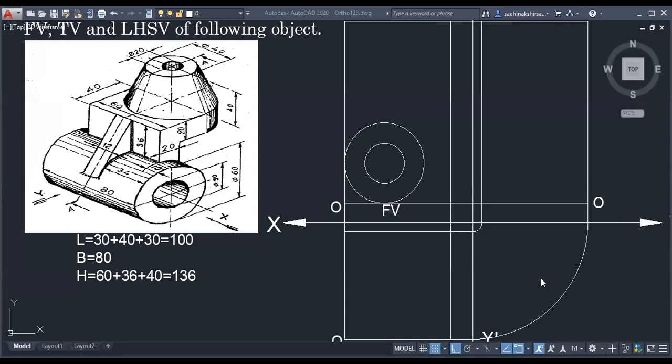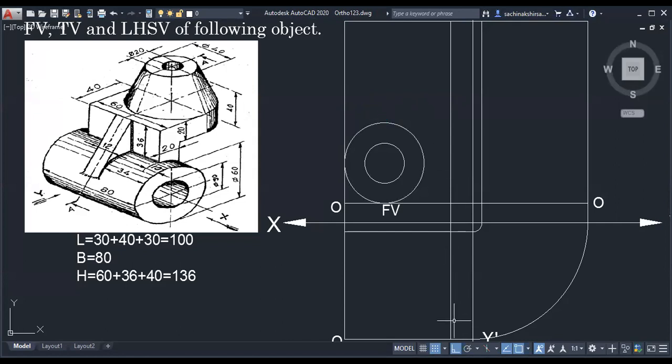Front view of the cylinder, it is nothing but just two circles we have drawn. Now we have concentrated on the middle part. How much height is there, and from where it is starting, in the middle part? 36 is the height. Are you agree with me? It is 36.